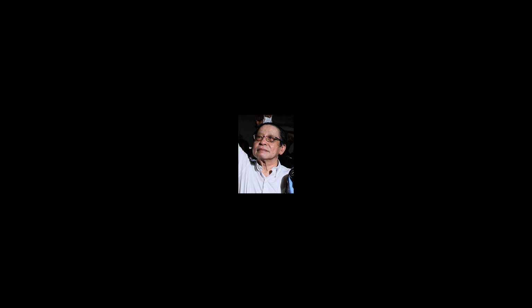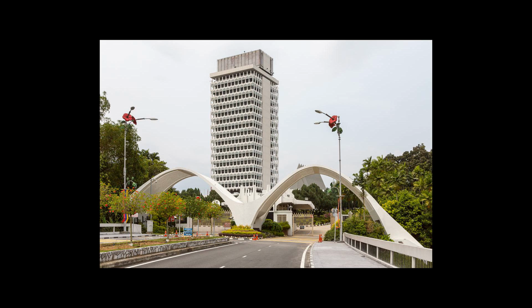The Prime Minister then submits a list containing the names of members of his cabinet, who will then be appointed as ministers by the King. Members of the cabinet must also be members of Parliament. If the Prime Minister loses the confidence of the Dewan Rakyat, whether by losing a no-confidence vote or failing to pass a budget, he must either advise the king to dissolve parliament and hold the general election or submit his resignation to the